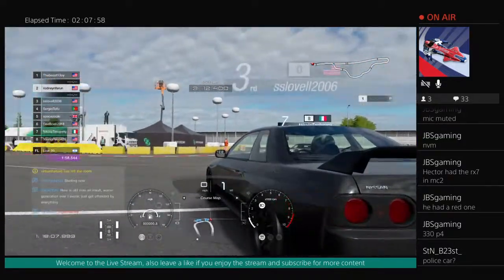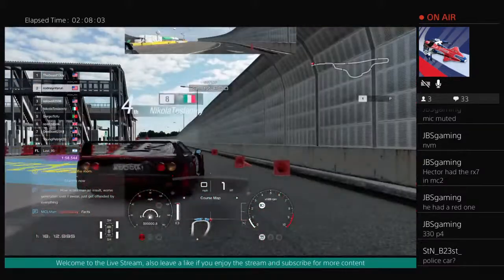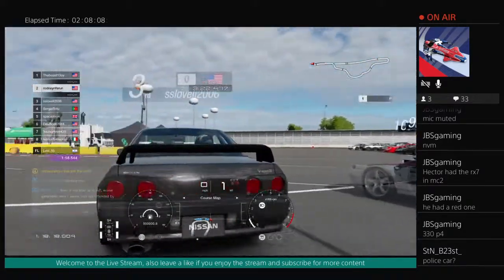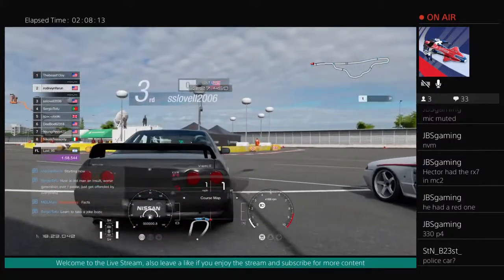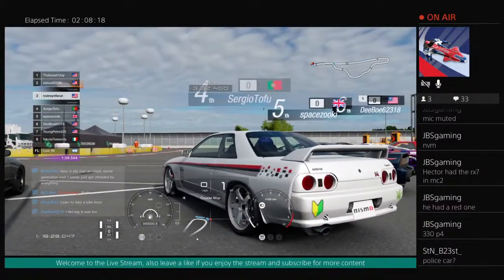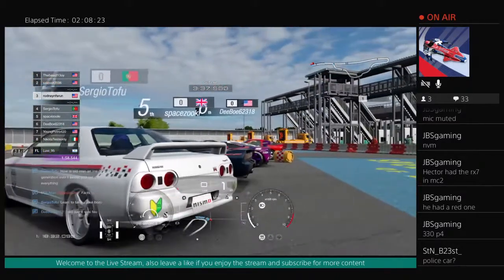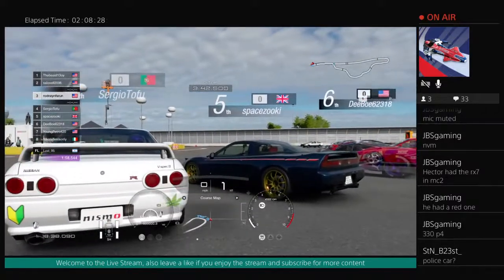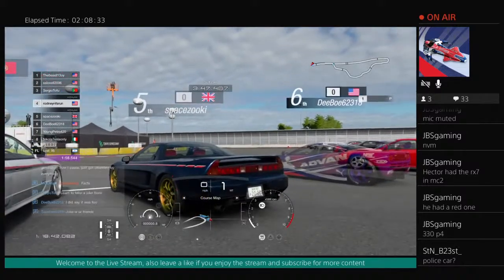With Advans, and it's actually okay. You guys need to stop moving places because it makes absolutely no sense. Okay. Up next, we got Silio Tofu and the Nismo R32 GTR with the JDM logo and Snoop Dogg's favorite plant. Up next, we got Space Zuki and